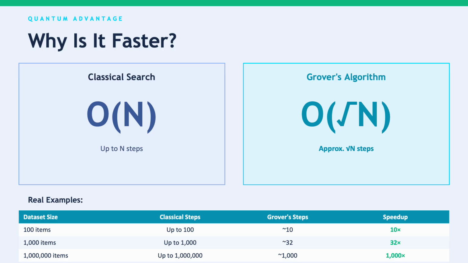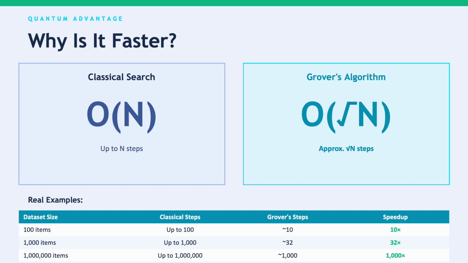Let's change the idea. Let's say you're searching for your favorite song on a music player. If you had to listen to each song one by one, it could take a very long time, especially if you have thousands of songs. For example, if you have 1000 songs, you might have to listen to all 1000 before finding the one you want. This is how classical computers search. It checks each item one after another, as we are discussing in this lecture quite often, until it finds the